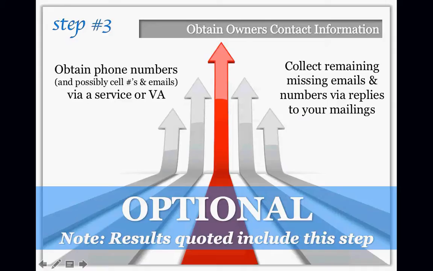Notice that this is optional. What I would love for you to do as part of the contact of your absentee owners is doing some calls to them, but for some of you, you're not going to call, right? I know some of you. I see you. I'm not going to call, all right? Then don't bother paying somebody for phone numbers if you're not going to call. But to get the best results, you want to invest in this up front. You're going to start slower, but it can still work without calling. So we're going to give you more about what to say if you do call in the class.